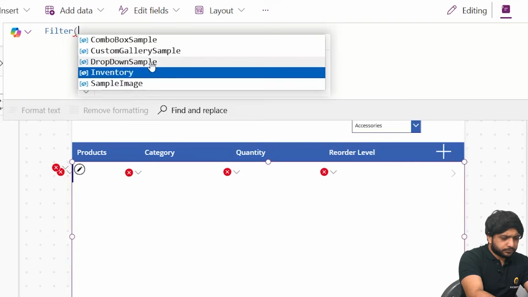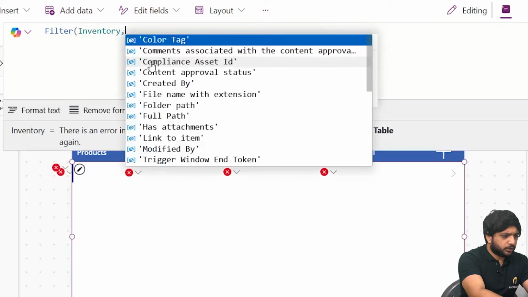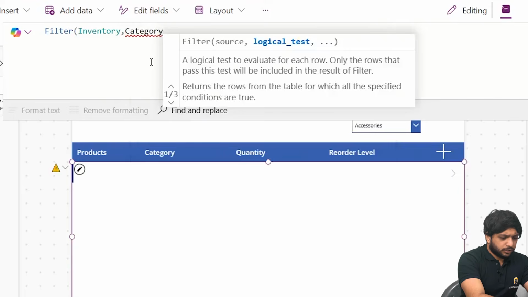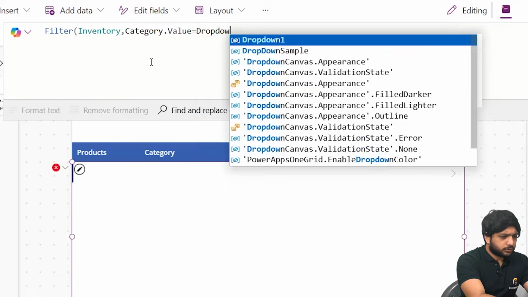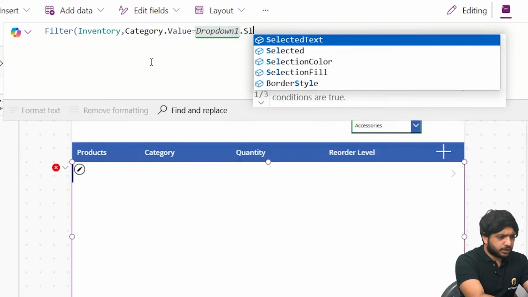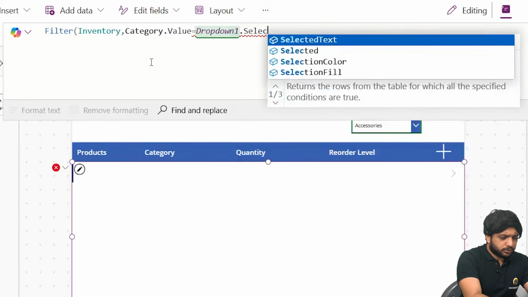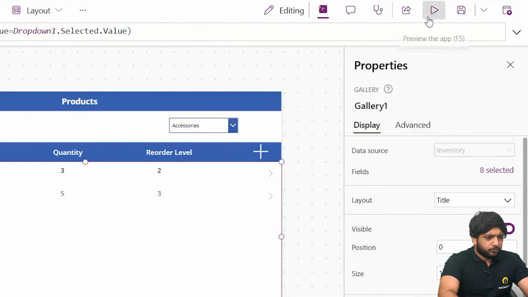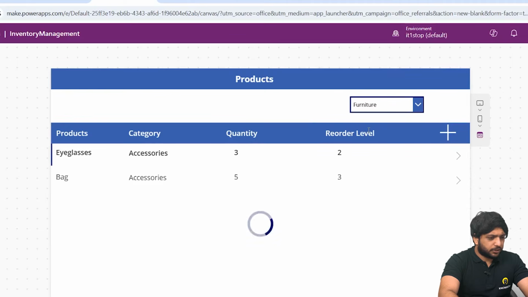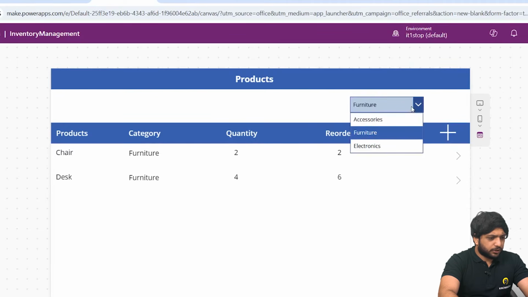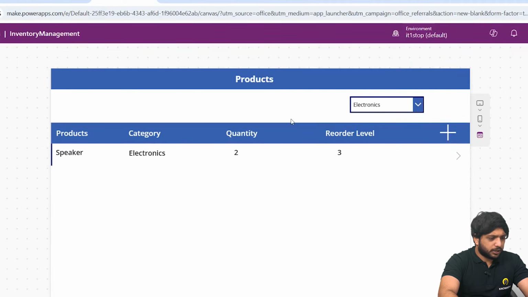inventory, comma, category dot value is equal to drop down 1 dot selected dot value. So after that we will preview it and check our filter condition. So when I select furniture, I am getting only furniture, and when I select electronics, I am getting